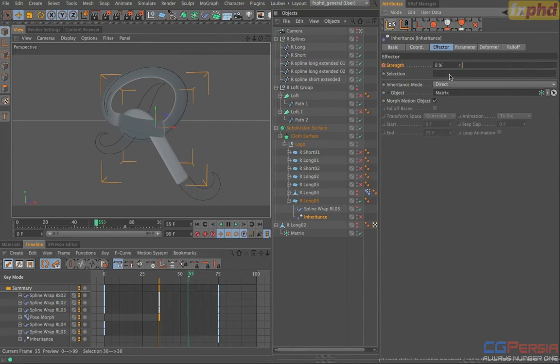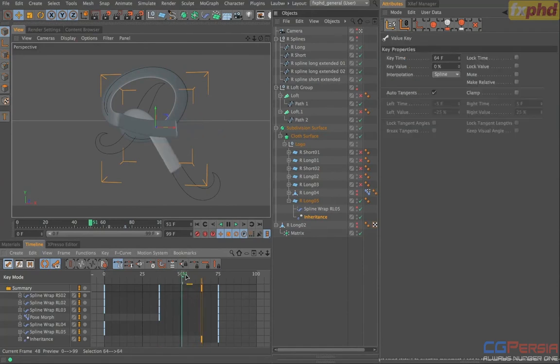If we then pull this down to 0 and add a key, so I'm on frame 55, let's enable that inheritance effector, and you can see now as we pull in, it morphs into shape. So perhaps it's a little bit early because we get this movement that we might not want. So let's take this key and just pull this down a little bit closer. So the morph is pretty quick, and I think that's a case of fine-tuning until you are happy with the result. So it's not quite as smooth as using the actual pose morph tag,